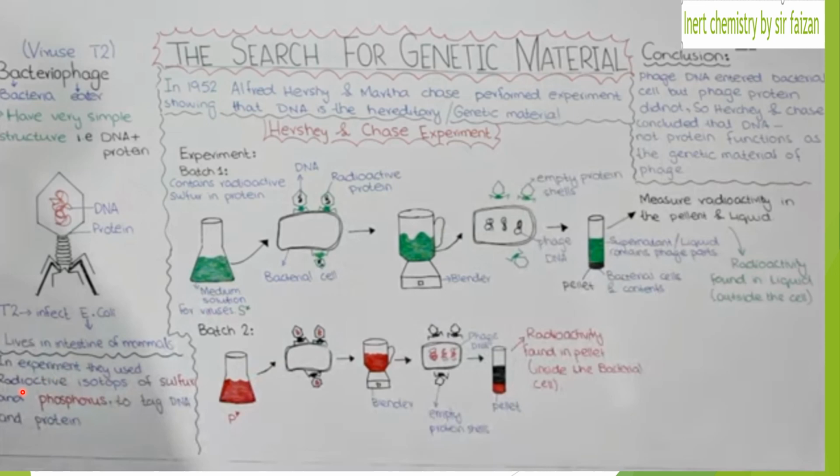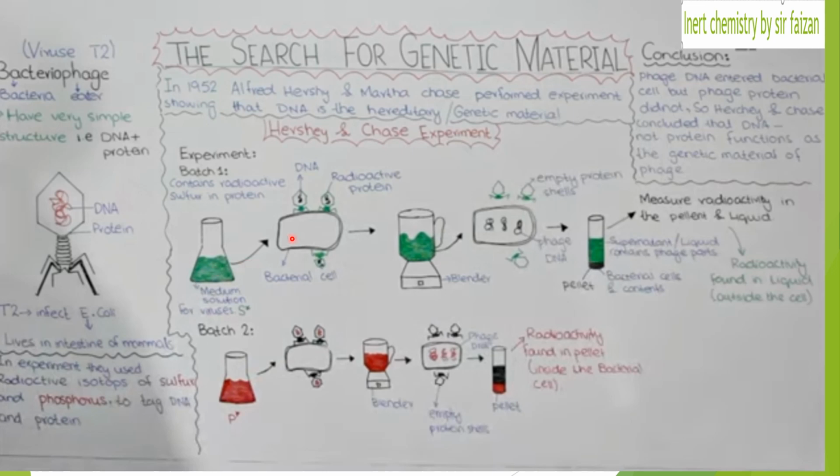In their experiment, they used radioactive isotopes of sulfur and phosphorus to tag the DNA and proteins. Here we see how they did this experiment. In their experimental setup, first of all they take a solution containing radioactive sulfur. They allow the viruses to grow in this medium. You know that sulfur is a part of proteins and not of DNA. So when they allow the viruses to grow in this medium, this radioactive sulfur is incorporated into the proteins of the